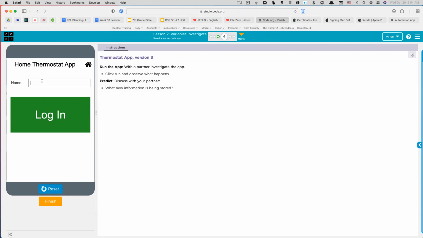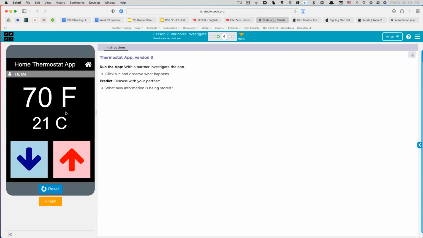Now I actually have to log in. Okay, so most of the app is the same. So you probably have the same variables you saw earlier, but